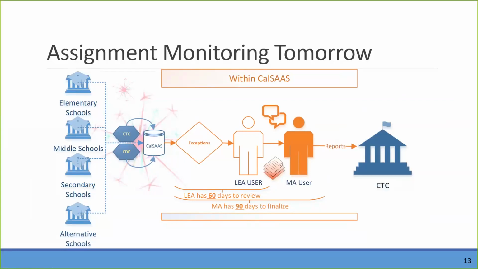But the CalSAAS system is a real-time system. So what does that mean? That means as an LEA, if I'm inside one educator and I'm providing a justification on one educator, the second that I save that one justification on that one educator, it's viewable by the monitoring authority. So in real time, not the next day, but in real time, as soon as I do it, the monitoring authority can view what I've done and saved as work under that educator.